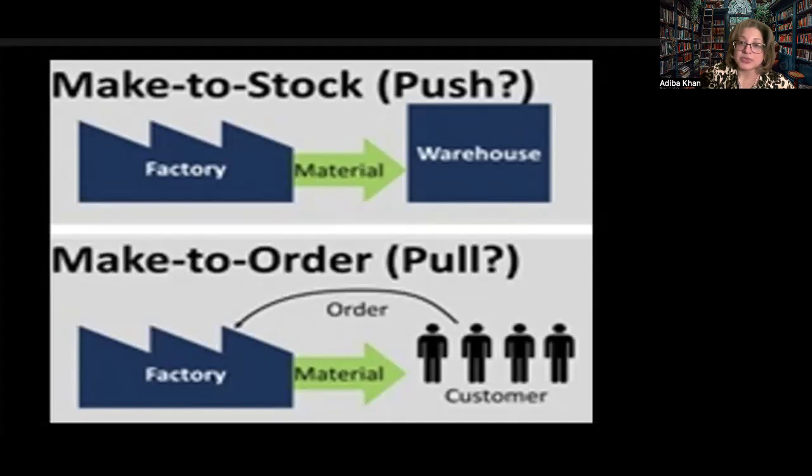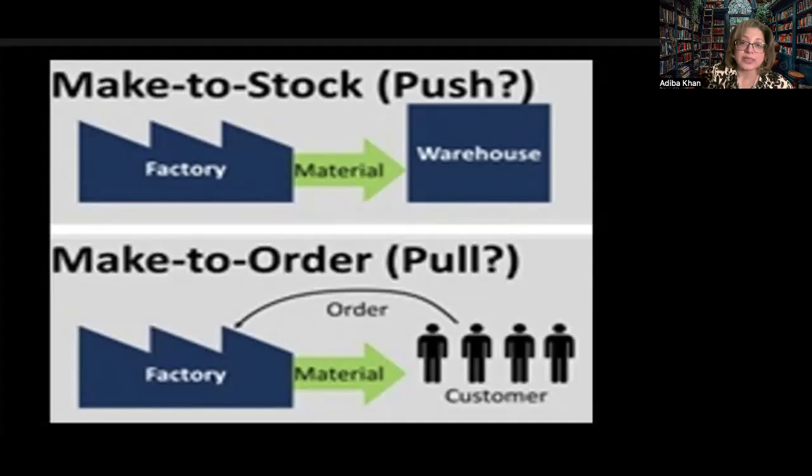So the make to stock approach, essentially, it's a pull system, because a pull system is where the production is triggered by the actual customer orders, which leads to reduced inventory, but potentially longer lead times for customers. And so, whereas the made to stock